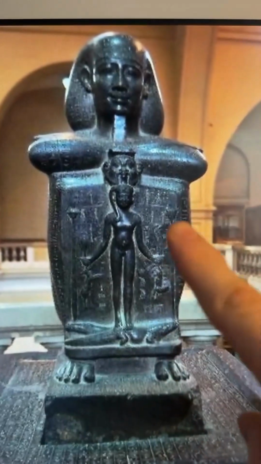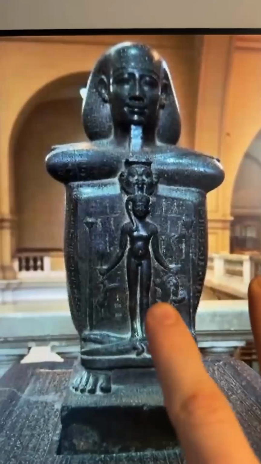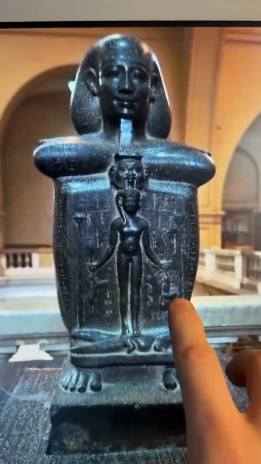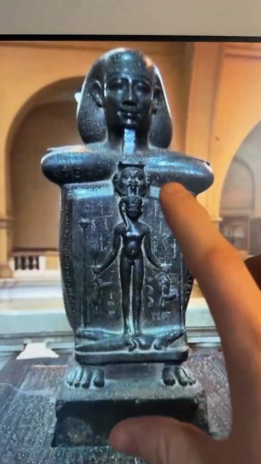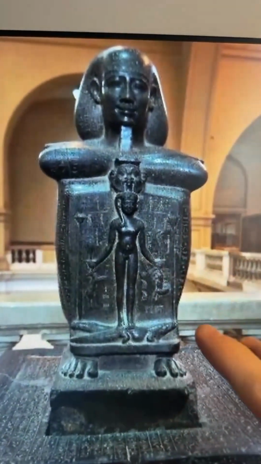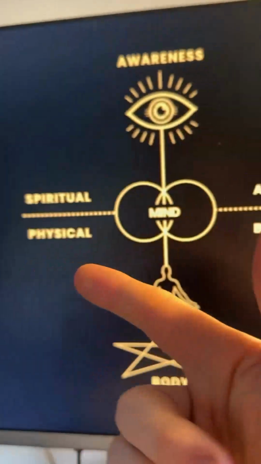They didn't do this just for fun. They didn't do this to depict gods. They did this for you and for you to understand it. But because we lack understanding of symbolism, we don't know what they're trying to show you. And we look at this and think it's just random artwork. But I'm going to show you something.